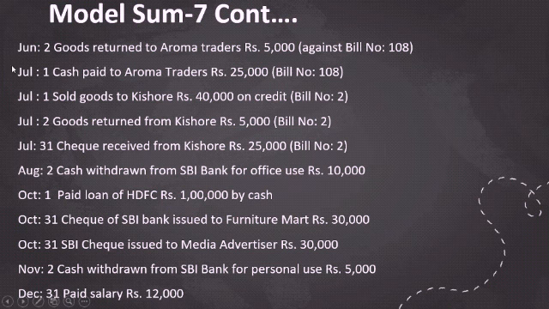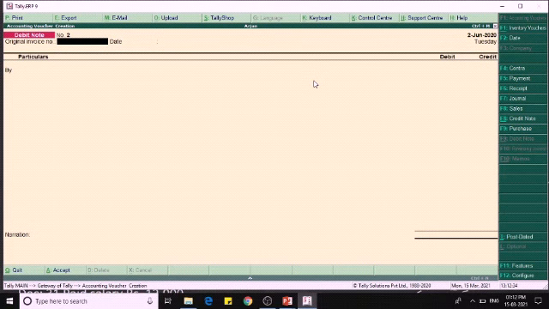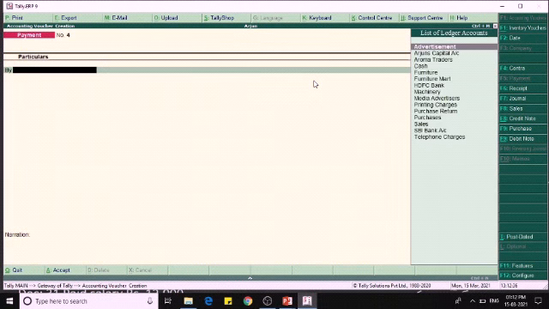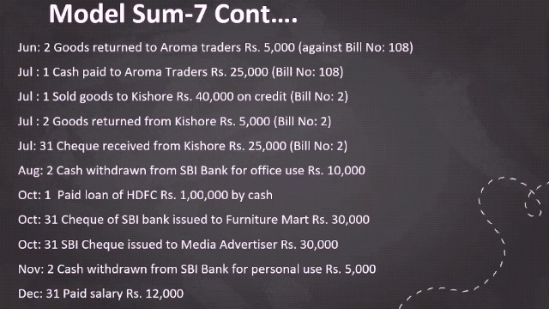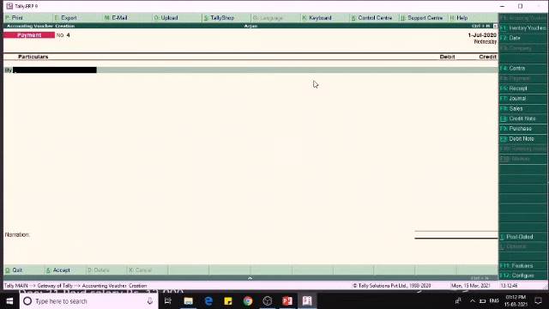And then on 1st July we paid the cash to Aroma Traders. The total amount is 25,000 against the bill number 108. Okay, so we have to pass this in the payment, and the voucher date is 1st July. Yes, 1st July we are paying cash to Aroma Traders.